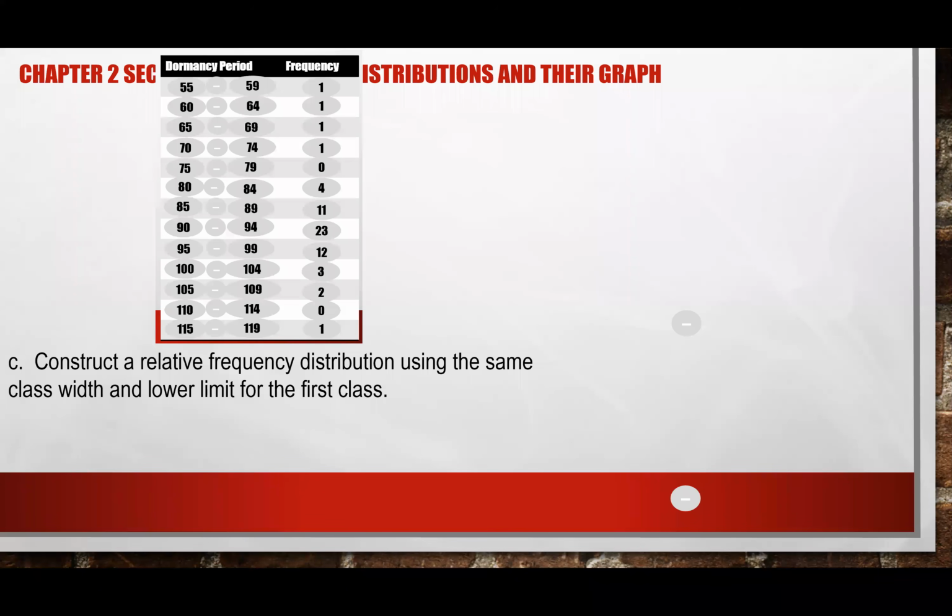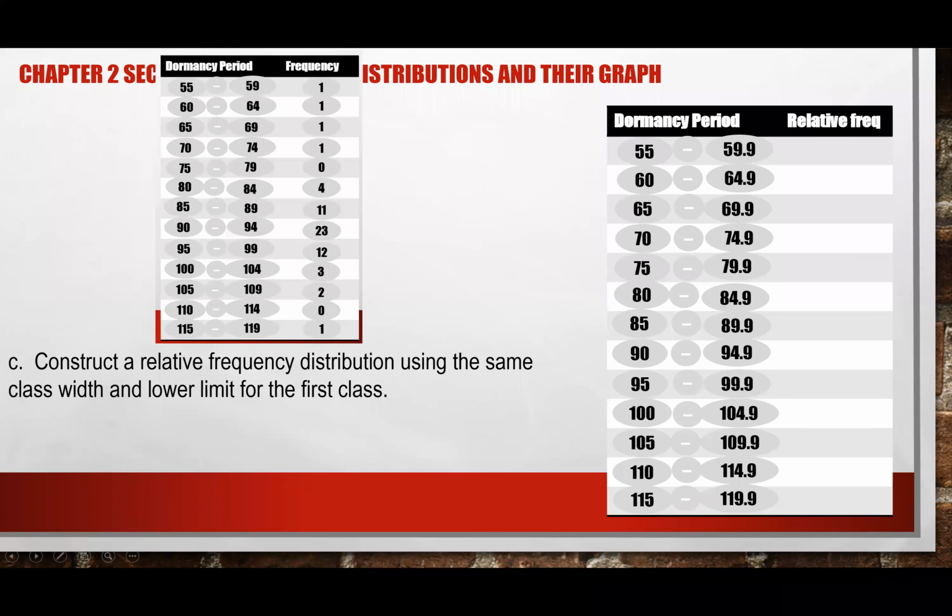Yes, negative skew. So looking at this item that we have, how do we construct our relative frequency? If you remember, your relative frequency is we take our frequency and divide by the total frequency, right? So again, your data is the same as this: my lower limit, my upper limit. The only thing different now is